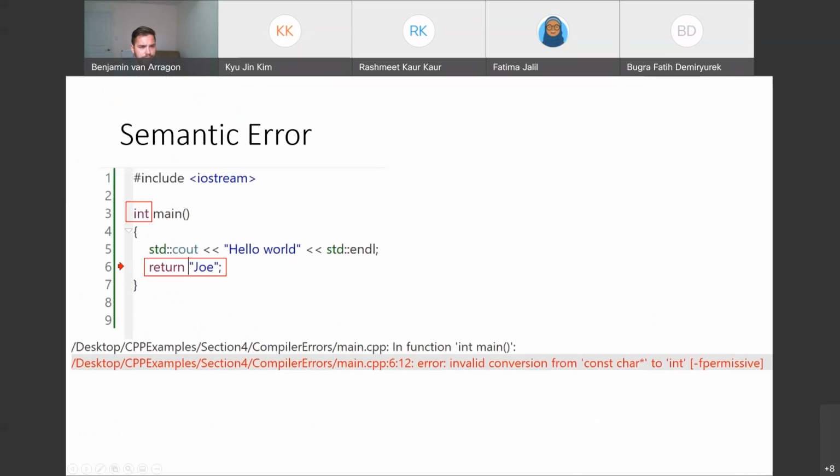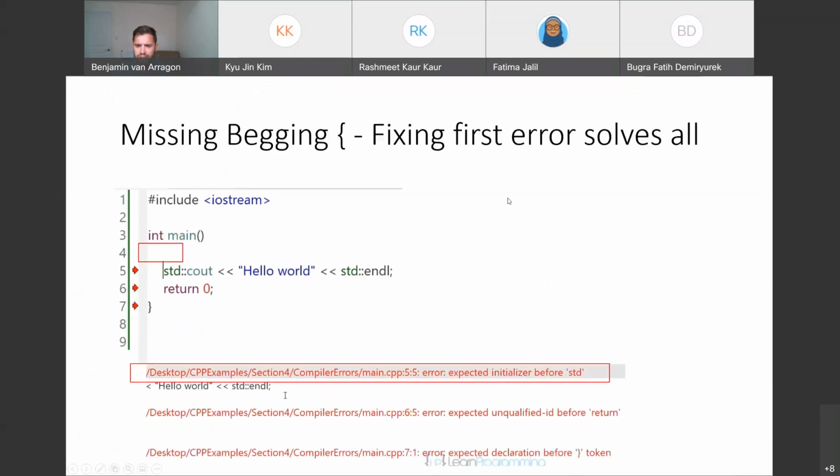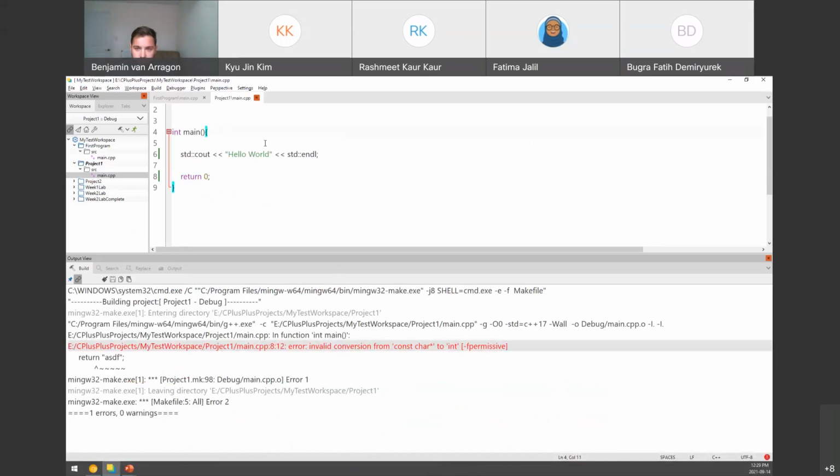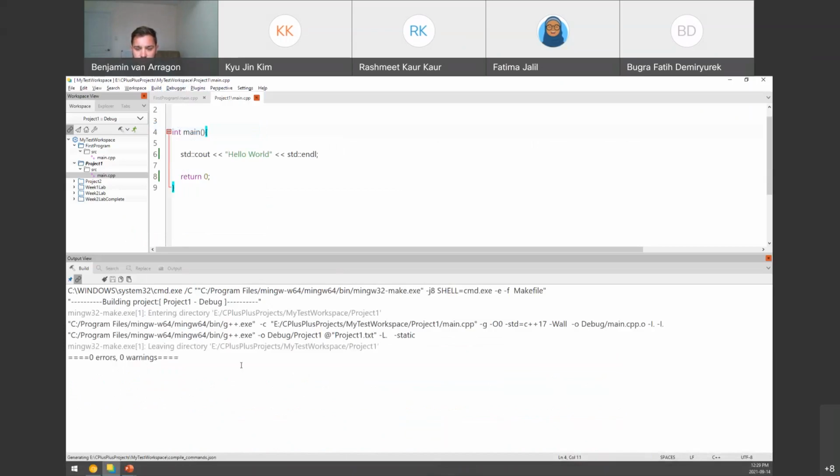Now one last error: missing the beginning open curly brace. I spelled beginning wrong here. If we're missing the open curly brace of our main function, it's going to throw multiple errors. But this is a little trick for you in C++: if you have multiple errors, usually fixing the first error will actually solve all your errors. I'll show you here. If I save this and run it, it should be clean, because I fixed that return Joe. And if I just get rid of my beginning curly brace there and build and run,